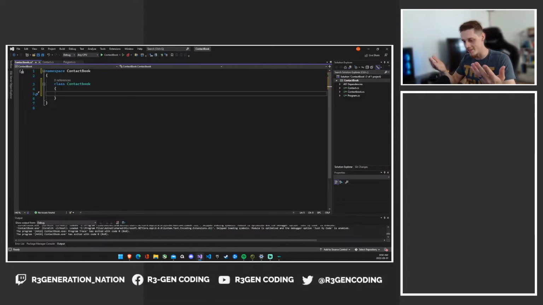Sorry, functions to add contacts, functions to remove contacts, and we're probably going to want to be able to search for contacts. So we are going to be able to write some search algorithms. We'll get into that more in the afternoon algorithms. But for now, the coffee and coding, we're going to get into creating just a simple vector. We're going to give this contact book